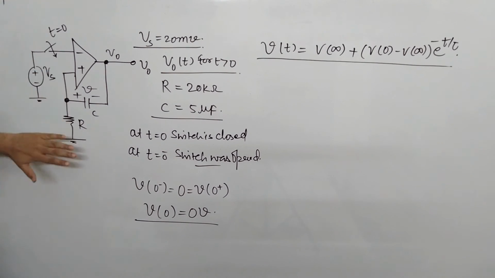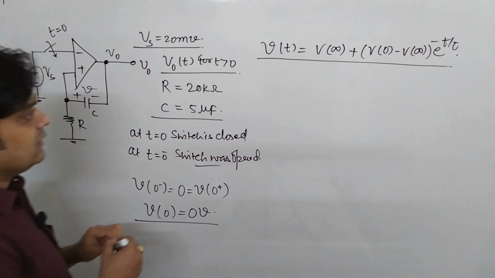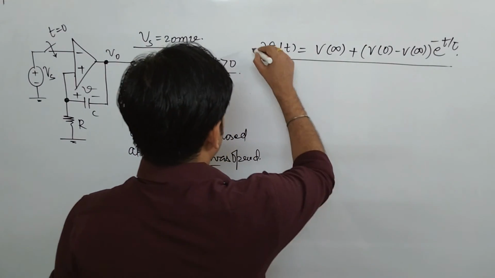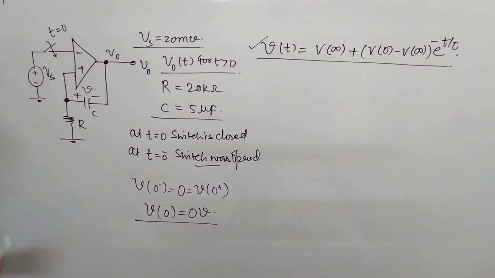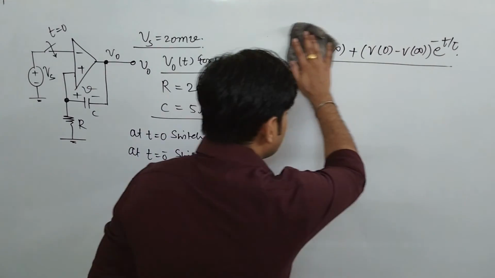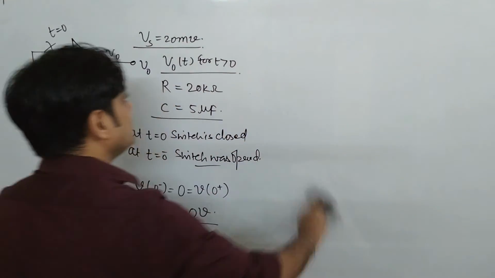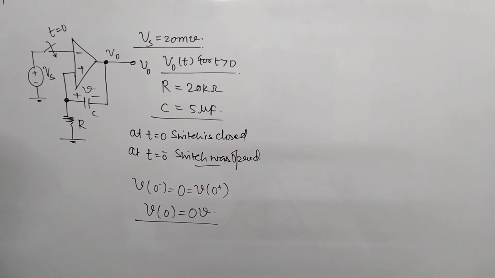So this is again a different type of problem in which this concept is not applicable. Just keep in mind, you can try during your exercises how you can find the value of V infinite. You will find that yes, it is not possible to find the value of V infinite here. So if it is not possible, then how will we solve this question? Basically we have to find the value of V0(t).